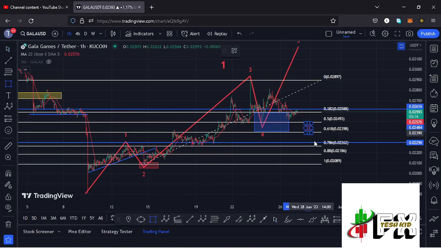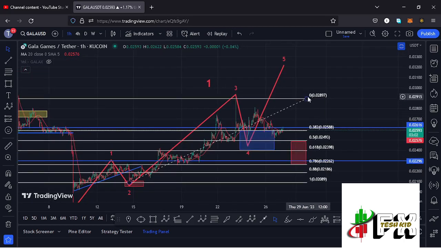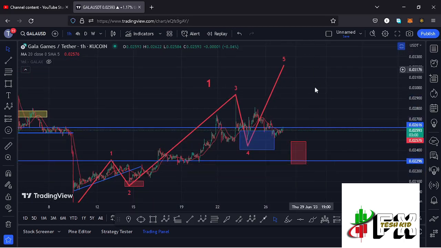within which we can see that reaction to the upside in case further breakdown continues and we lose this blue target area. And then from this red target area, in case the breakdown plays out, we can expect another massive turnaround in the formation of a wave 5, that is the formation of a larger Elliott wave count 3. So that is what I'm expecting here on the charts.